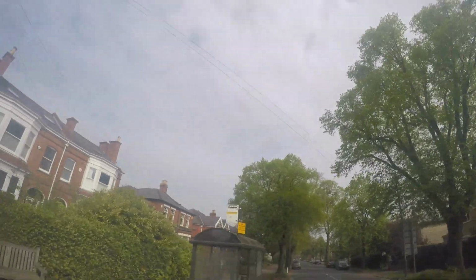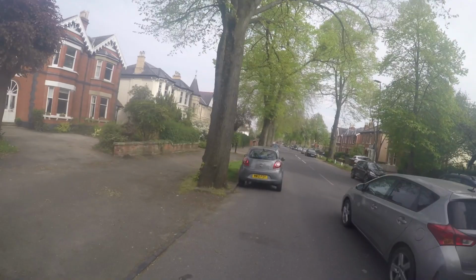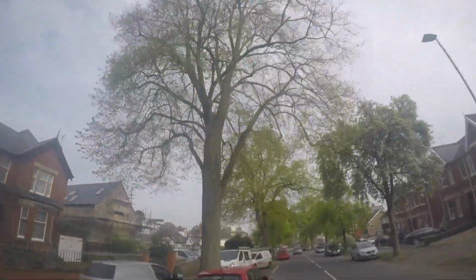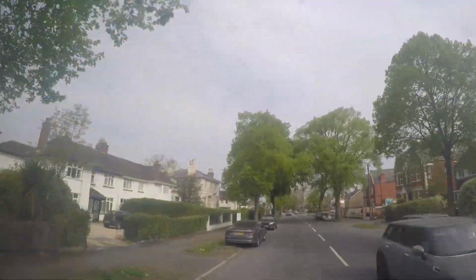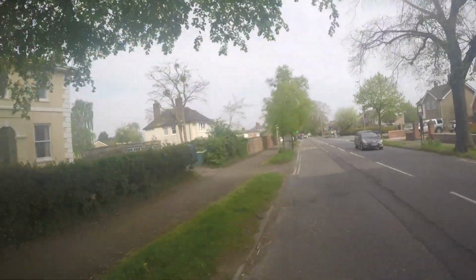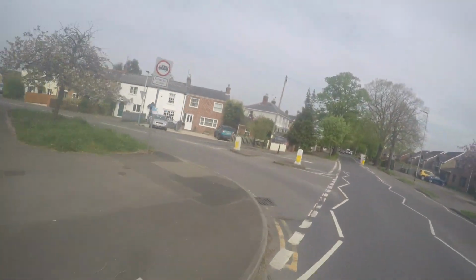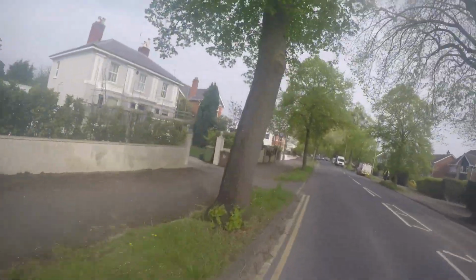Now we're heading downhill. That's the way, I like it. And the thing is, as I'm from Cornwall, I have been brought up with uphills and downhills. In Cheltenham it's a lot flatter than what you think, but there are very uphilly and downhilly sections too. Obviously not as flat as Norfolk and Suffolk in the very east of England. As we head downhill,